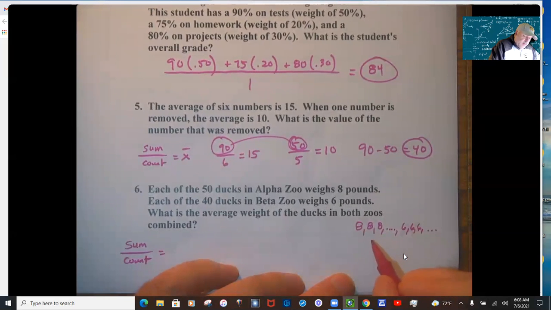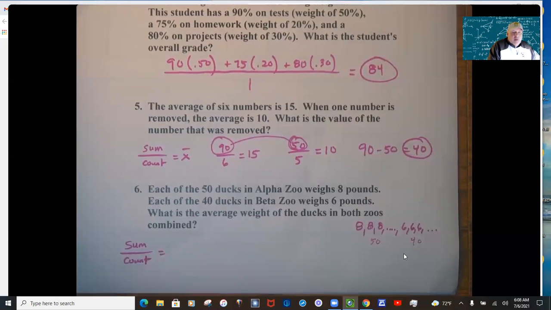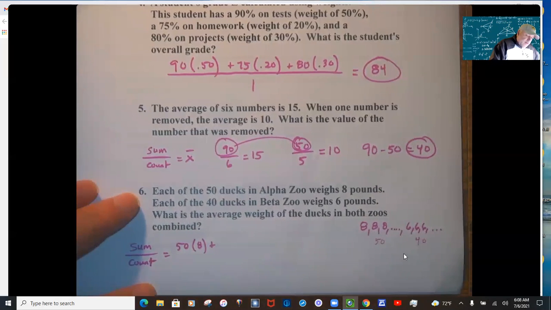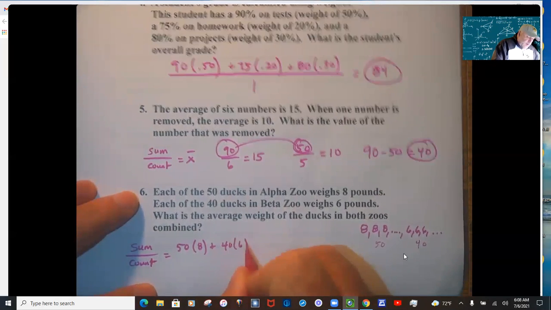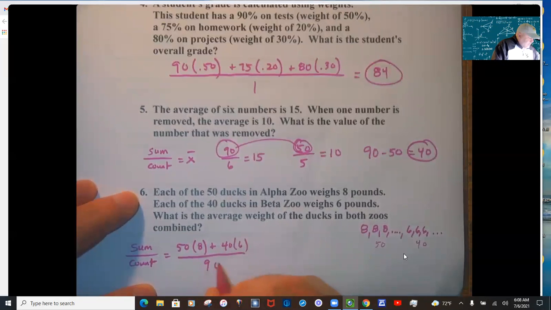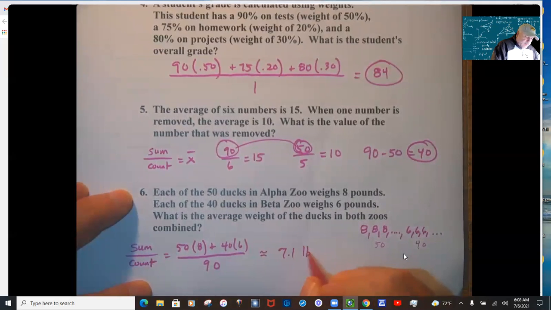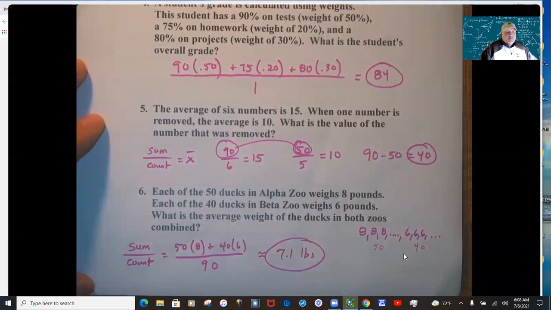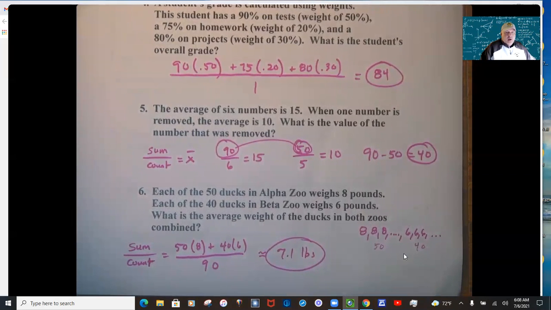You're not going to want to do 8 plus 8 plus 8 plus 8 plus 8, 50 times. I'm going to do 50 times 8 and then 40 times 6, and then the count is 90. This will average to be 7.1. If you get something that's not in between 6 and 8, you did something wrong. Go back and look at your work